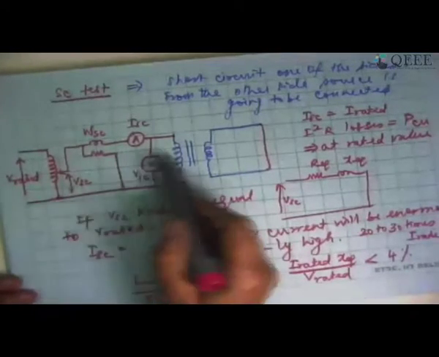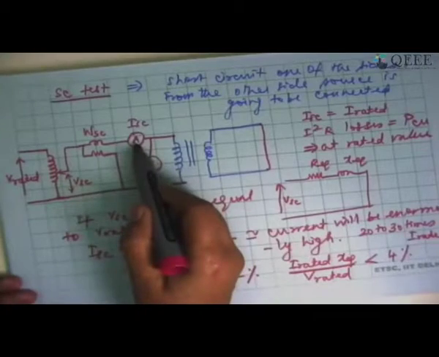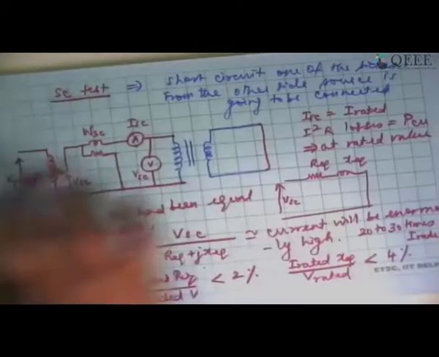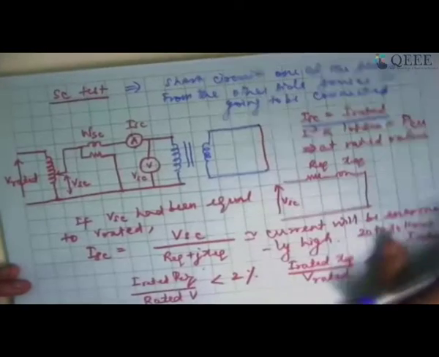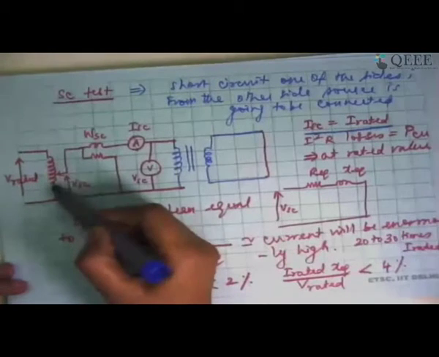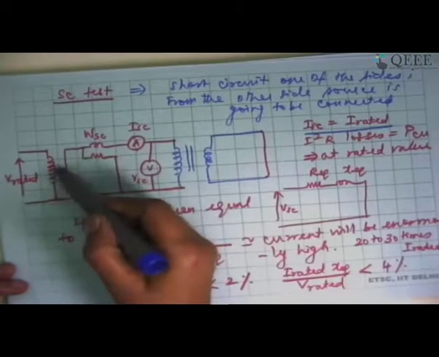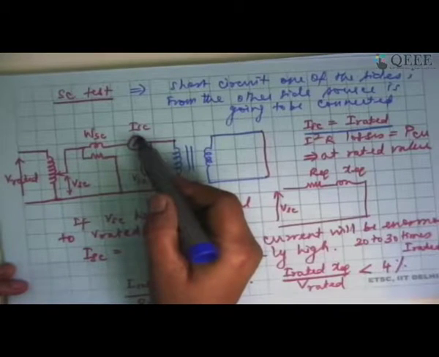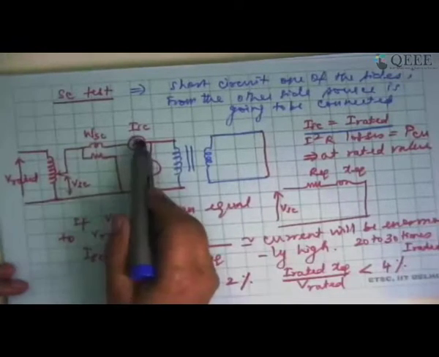So this reduced voltage we will apply in such a way that ISC becomes equal to I rated. I don't want to exceed I rated when I'm conducting the short circuit test. So what we do is like this, we keep the variac at 0 position, slowly increase it until ISC equal to I rated. At that point, we take the reading of WSC, ISC and VSC. Now that we have taken the reading, let us try to look at the calculations. So let's say the short circuit test data is going to be VSC, ISC and WSC.